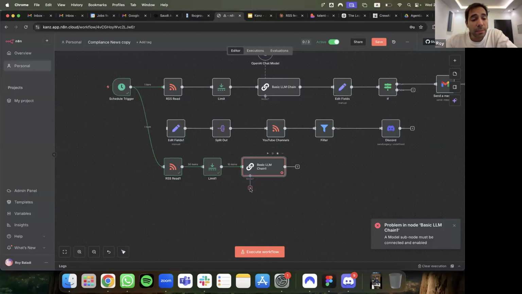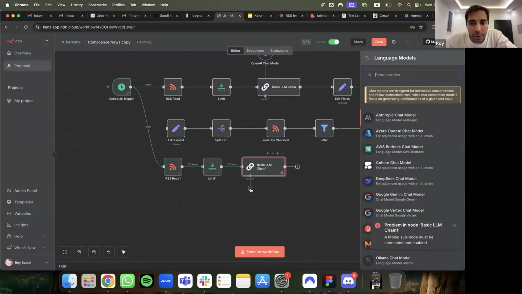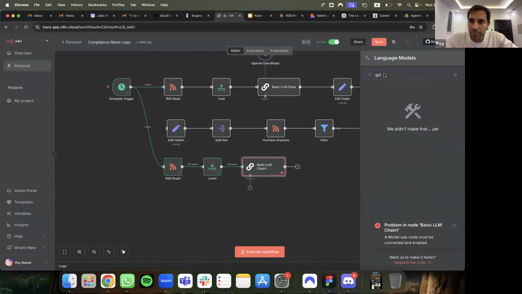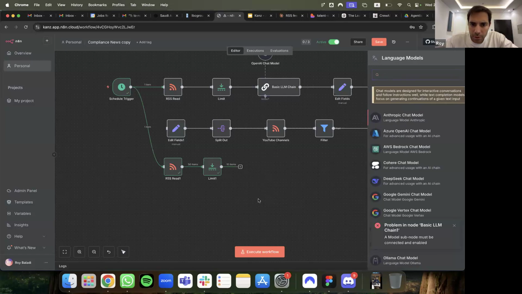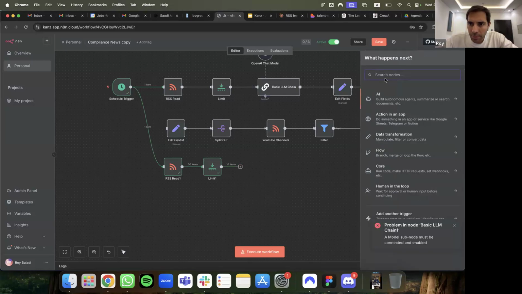Okay, so now press the plus button. I want to have a few more yeses on the basic LLM chain. Okay, cool. Nice. Now hit the plus button and pick GPT or OpenAI. Yeah, I deleted it by mistake.